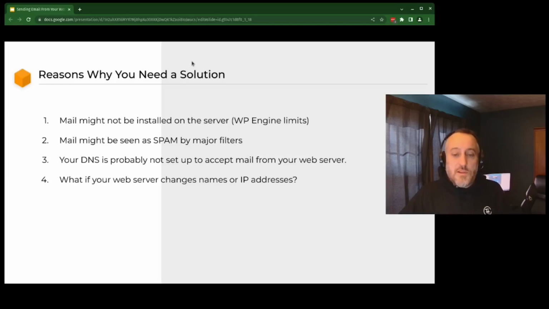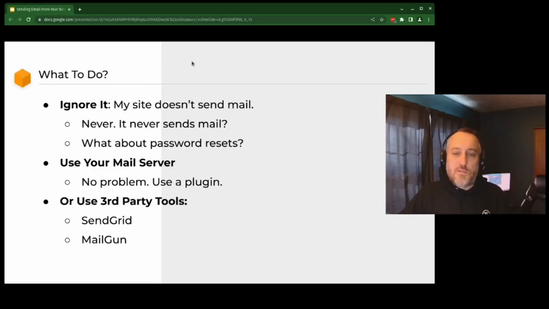Your DNS might not be set up to send mail from your web server, and what if your web server also changes the IP address or the name and whatnot, and you have that in your TXT record? Anytime you move your site, or if your web hosting company moves it automatically from one server to the next, you have to keep that up to date. So installing a plugin to route the mail is going to solve this problem.